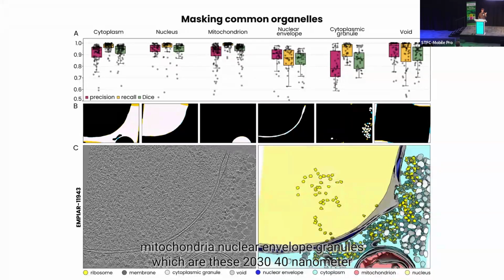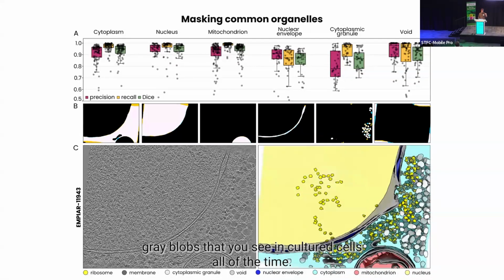are these 20, 30, 40 nanometer gray blobs that you see in cultured cells all of the time. Over there, if anyone knows what they are, and I think Tanmay might be able to figure it out with his new technique, let me know, because I don't actually know what they are, but you see them all over